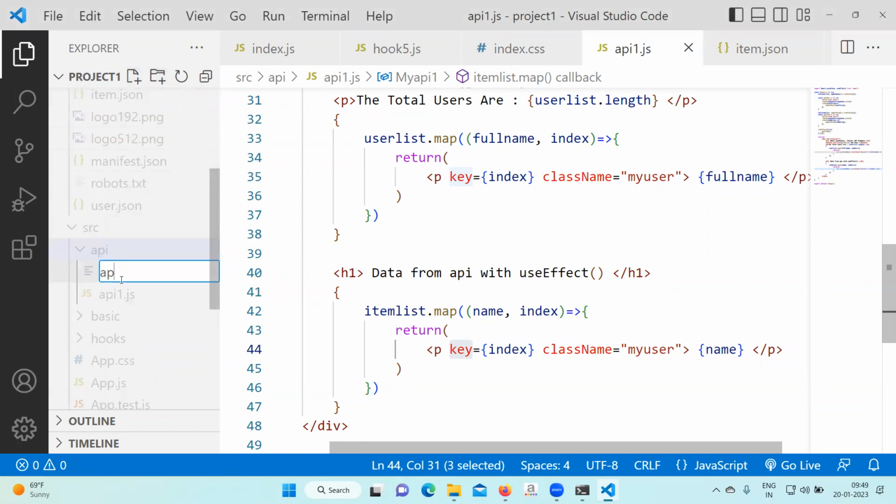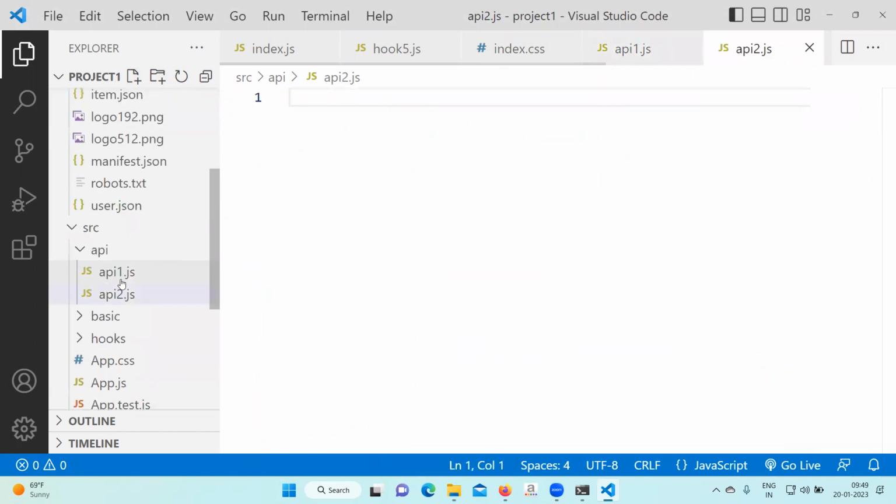API folder. Okay, got it. Now write import